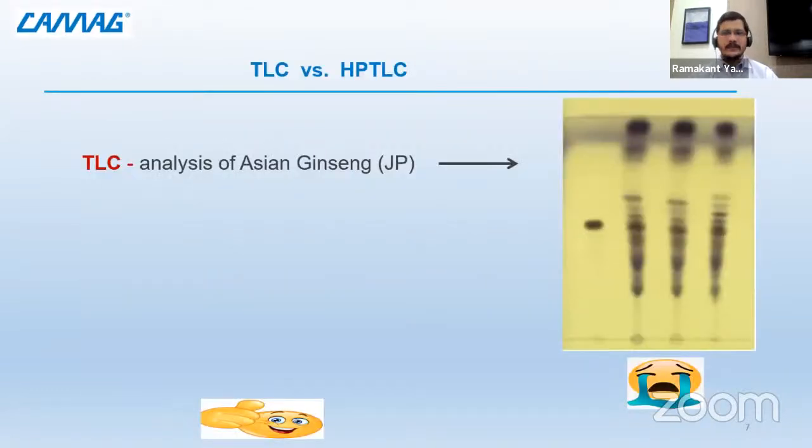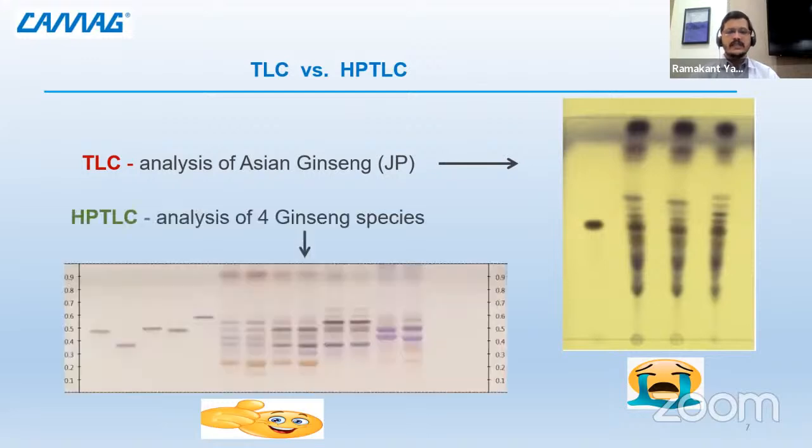Earlier, it was a manual type of TLC, wherein you apply samples and standards in the form of spots, and you develop that plate, either a manually coated plate or a pre-coated plate, in a suitable mobile phase up to a particular distance. That distance was not fixed. So you need to use a standardized methodology so that you can generate reproducible results plate to plate, day to day, lab to lab. That is only possible with HPTLC systems, where we apply samples and standards in the form of bands. And if we apply band wise and develop up to a particular distance, that is 70 millimeters